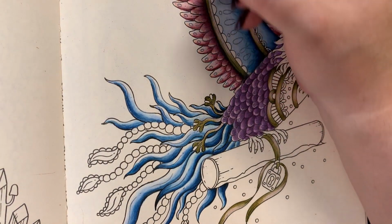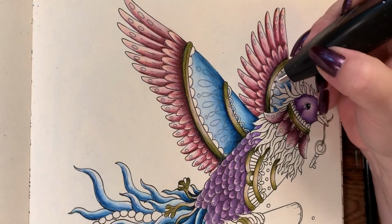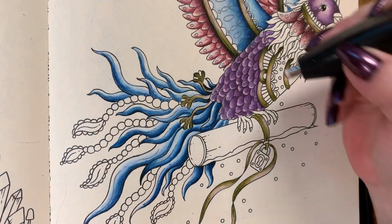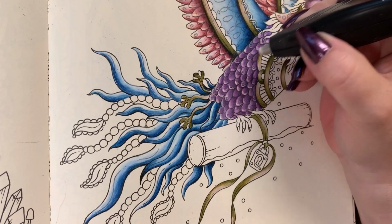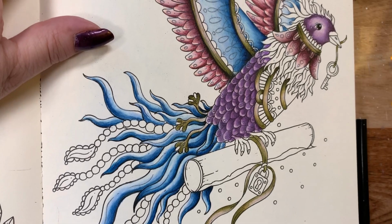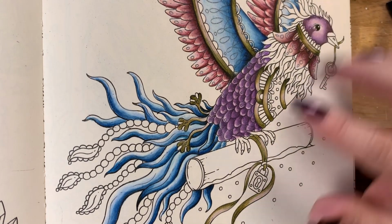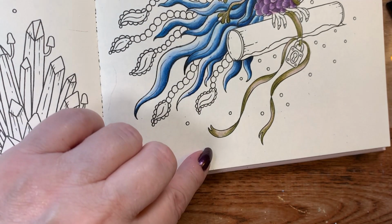I also did that on the wingtips up here, and just drag it down on the one side and lighten those up a little bit. I will be going over it with a Posca on the wings, but down in here you can't. So, been debating on the fluffles here, so we're going to do them in pink. I'm also going to bring some pink down into here. So we're going to start down here